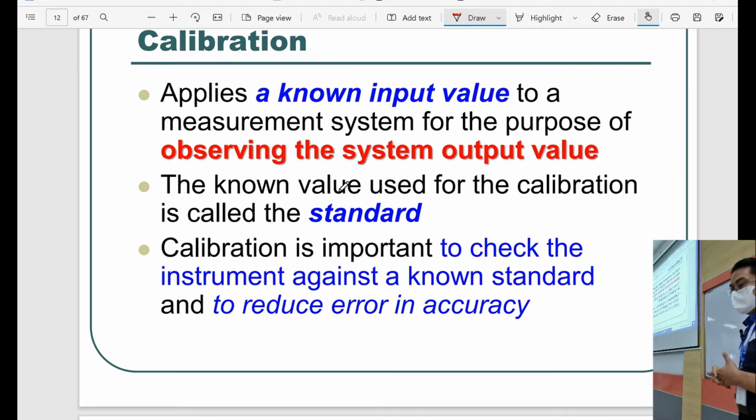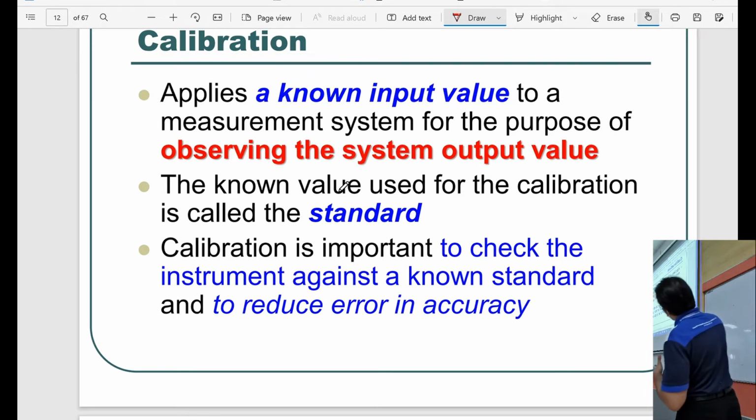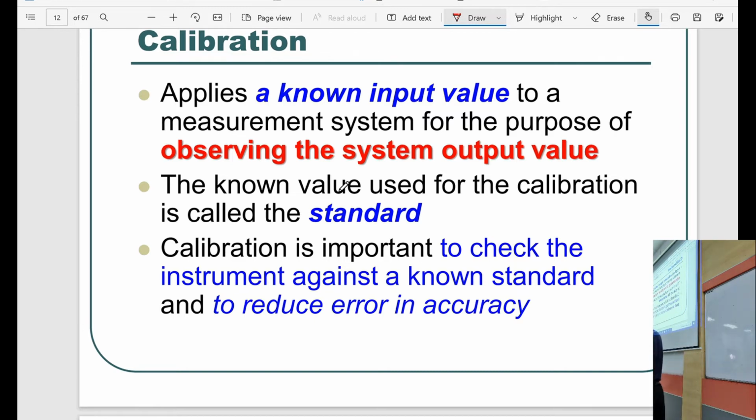Okay, so for the calibration, we will see after this. We have a calibration curve. So we have to check all the instruments that we have. For example, if you buy an ultrasonic measurement, for example in the car, if you have ADAS, you know the ADAS system. Every modern car has an ADAS system. They actually